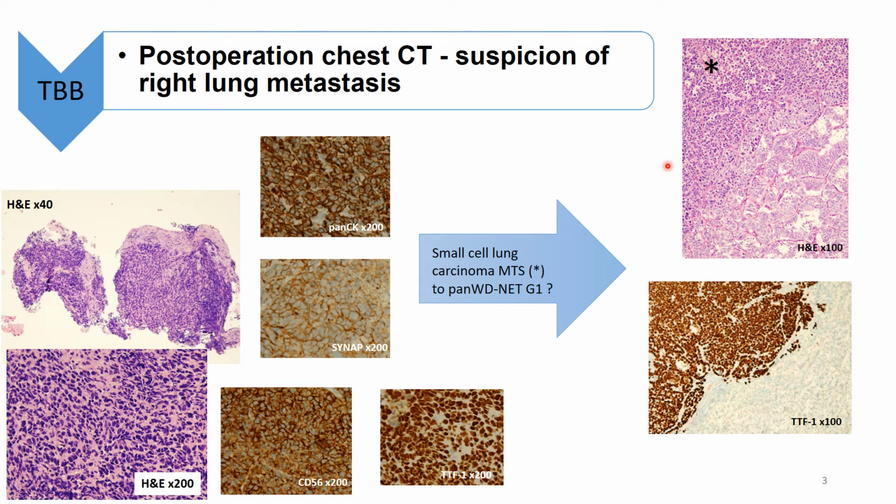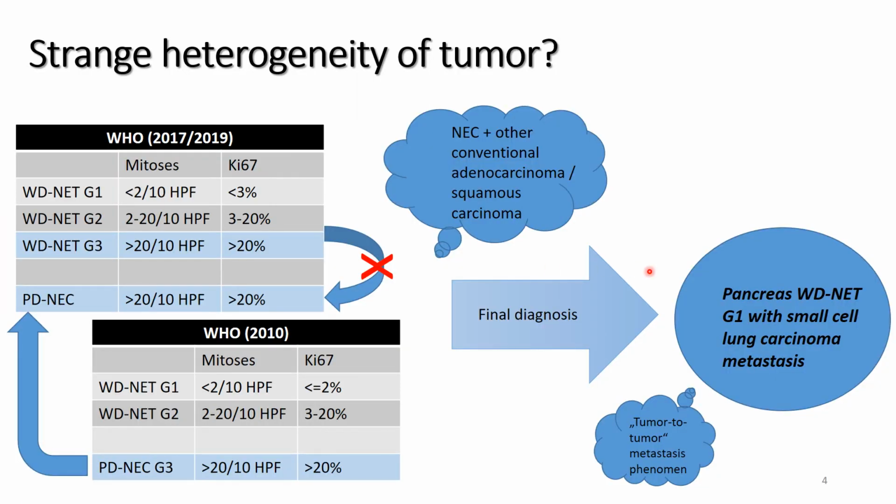a well-differentiated pancreas neuroendocrine tumor G1, and this theory was checked by using the TTF1 immunomarker in the primary tumor in the pancreas. And as you can see, in the well-differentiated component, it is absolutely negative, and differently in the poorly differentiated component, which is shown here with asterisks, it is completely positive. So our final diagnosis was pancreas well-differentiated neuroendocrine tumor G1 with small cell lung carcinoma metastasis, and due to the World